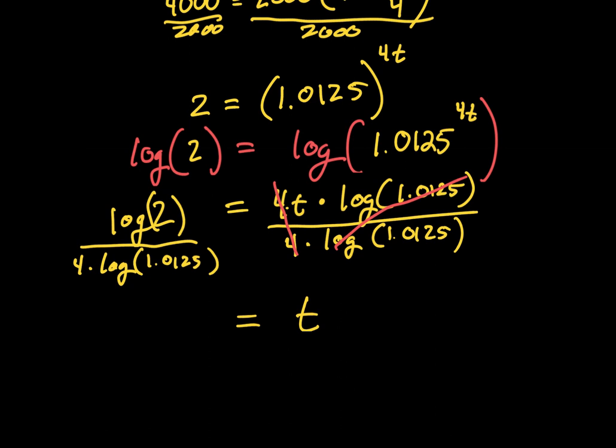And here's now where I might actually do some decimals. The log of 2 is 0.3010. It's 0.2999, so I'll go 0.3. In the bottom, I'm going to take the log of the number first. So the 1.0125, if I take the log of that, it's 0.005395, et cetera, et cetera. Verify these numbers as you go along, but it's the 0.00539 times the 4 that's there in the denominator. My denominator is then